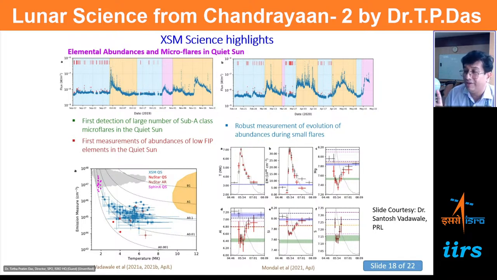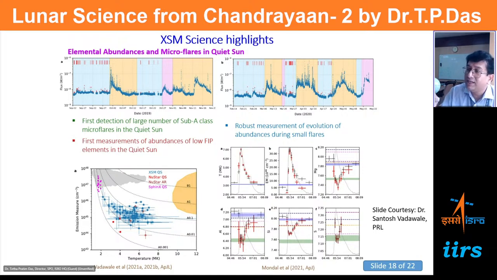All that I wanted to give you is an impression that, number one, Chandrayaan 2 not only studied the moon, it studied the sun also. Number two, what it observed was, even during the quiet sun period, the sun has microflares,